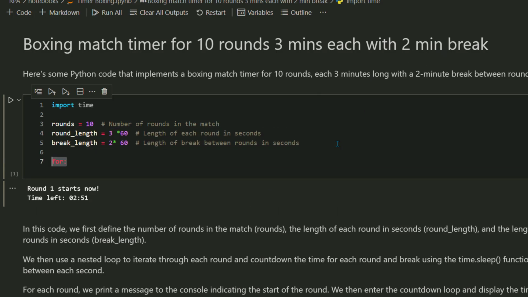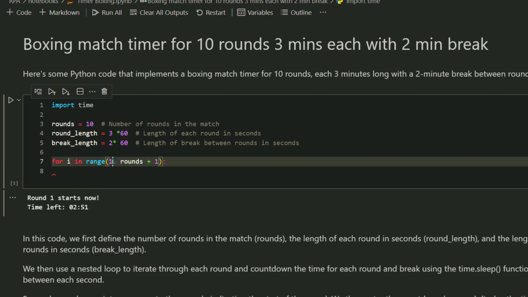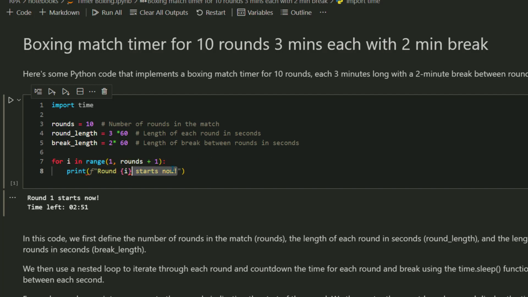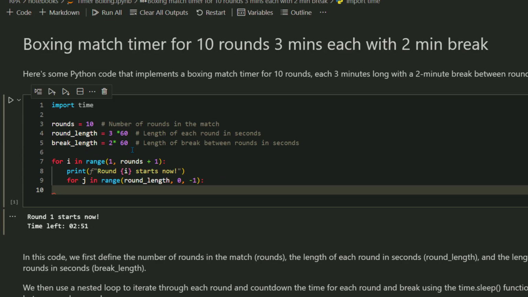Now simply we want to create a for loop which goes by each round, and inside each round's for loop we will create two different for loops. The first for loop will go through the round, which is 3 minutes, and the second for loop will go through the break. So for i in range 1 to 10, that means number of rounds, and inside that for loop, the first for loop will deal with the round length. For example, the first round, which is 3 minutes, and here we are going to display minutes and